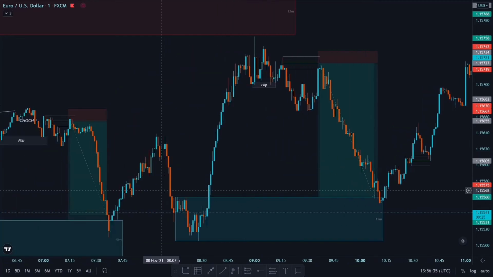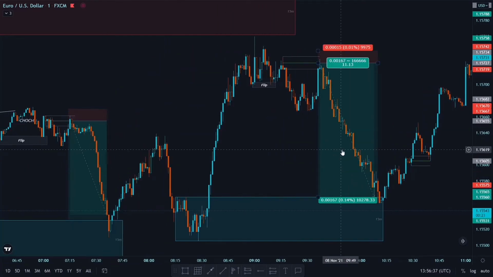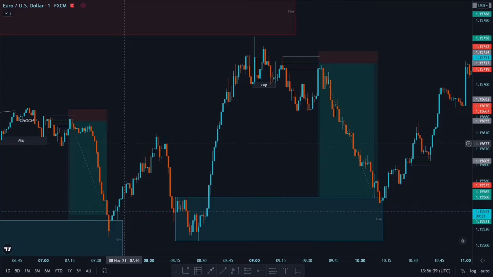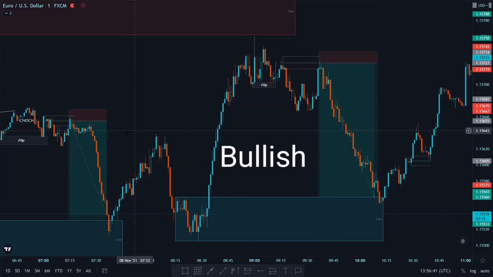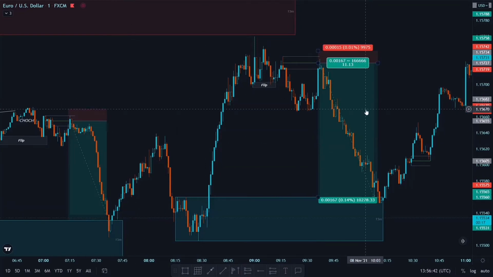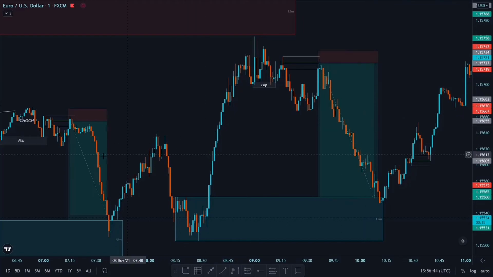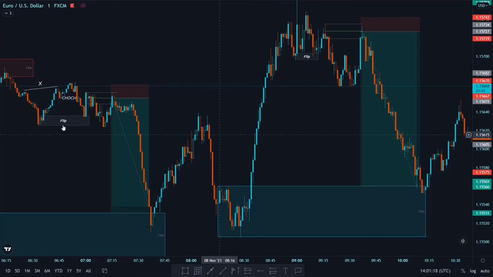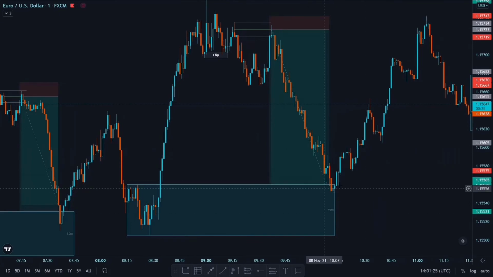Both of these trades are counter trend trades because in 15 minutes we are bearish. So both these trades are quite riskier. I won't recommend taking this, but fortunately we won both of these trades, and again we tap into our 15-minute point of interest, and I knew